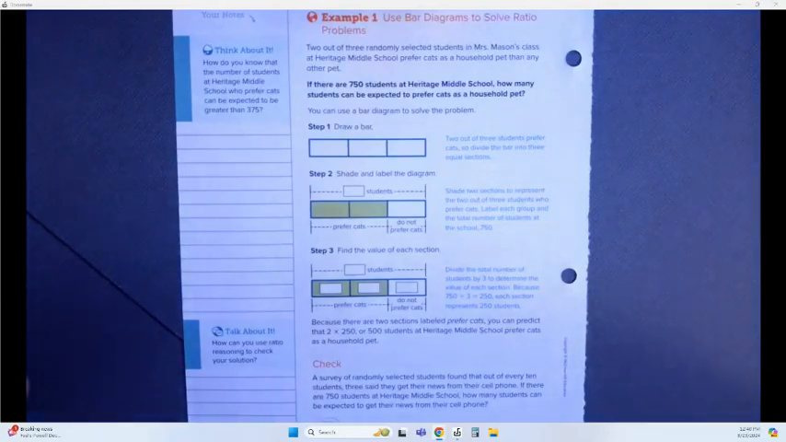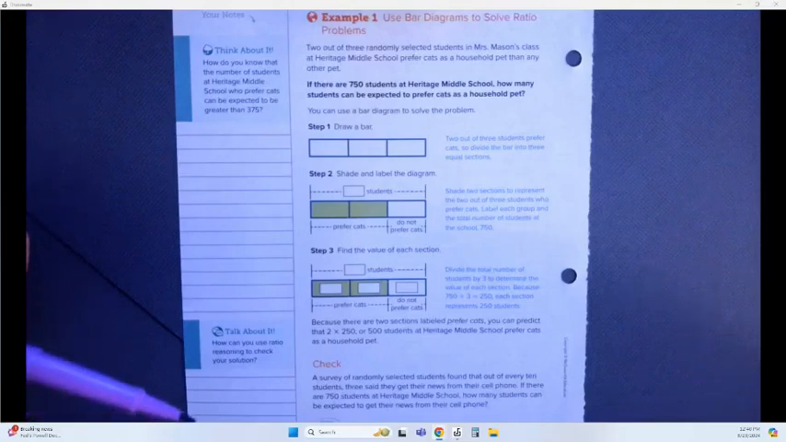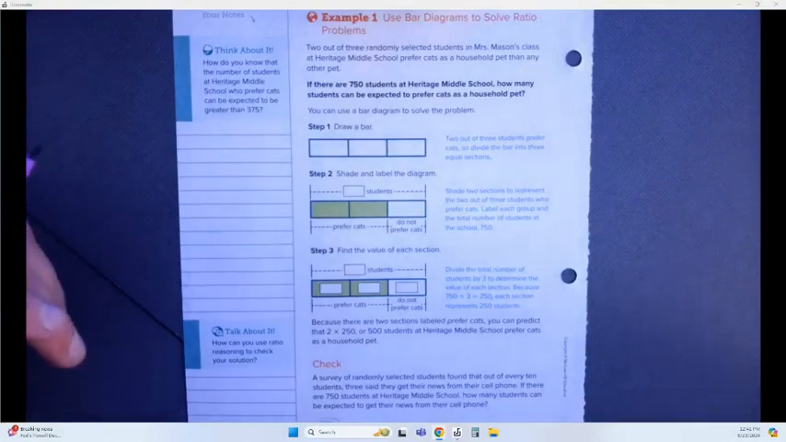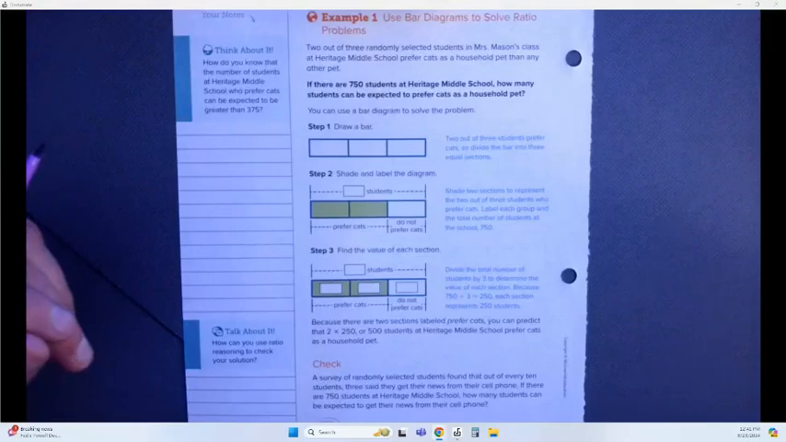So first, I'm going to start on page 38. I'm going to go through example 1. Example 1 starts with using bar diagrams to solve ratio problems. It says 2 out of 3 randomly selected students in Miss Mason's class at Heritage Middle School prefer cats as a household pet than any other pet. If there are 750 students at Heritage Middle School, how many students can be expected to prefer cats as a